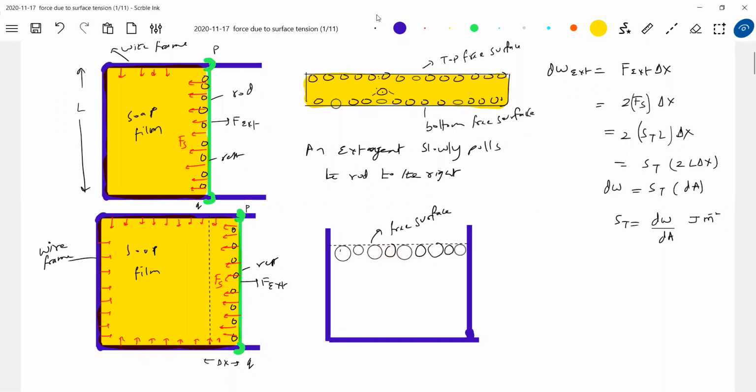If I want to increase the surface area, the number of molecules on the free surface should increase. Where will that extra molecule come from? It should come from inside the liquid. So this molecule has to go and occupy this position. When it is moving like this, having a displacement like this, tell me in what direction the adjacent molecules will exert a force. All these molecules, in what direction will they exert? They'll exert a force in this direction. Net resultant force, how will it be?